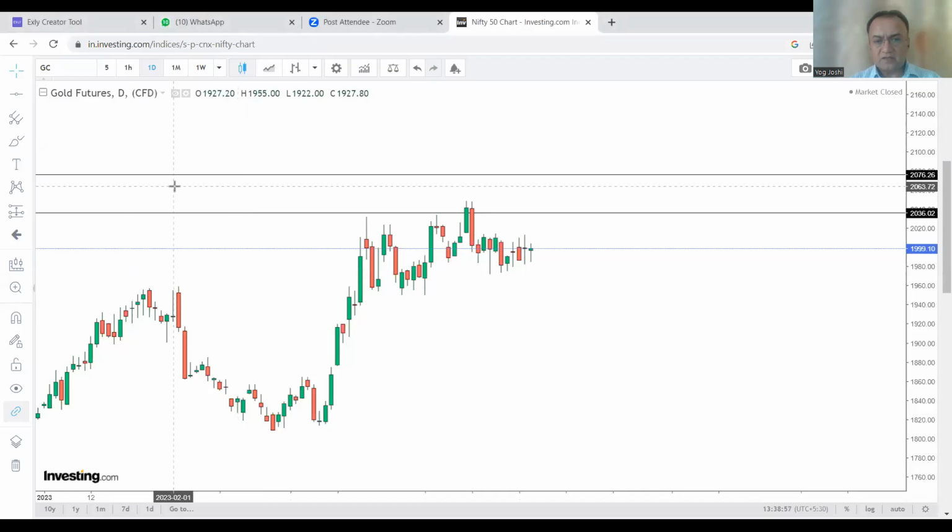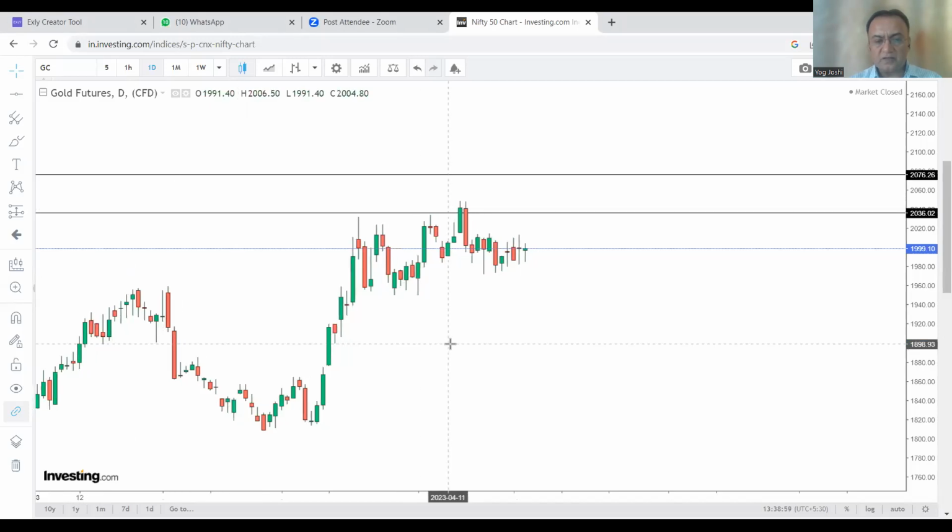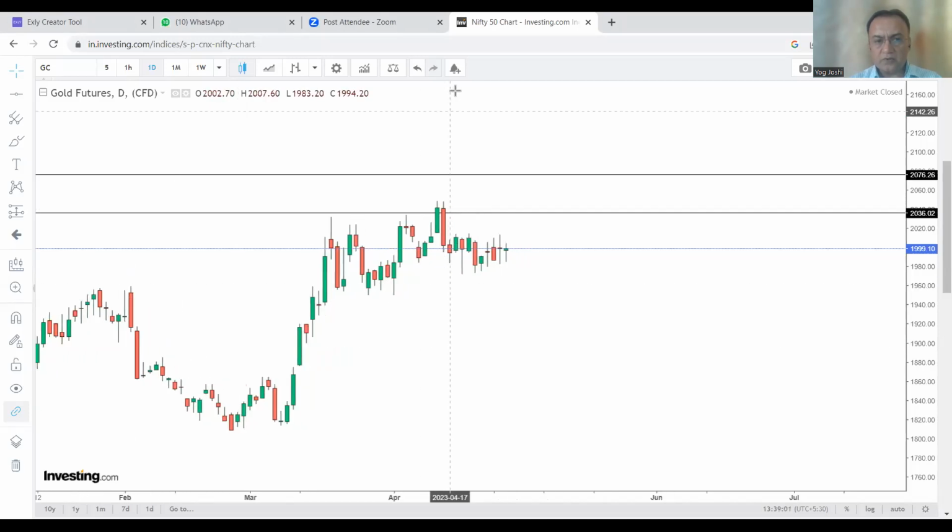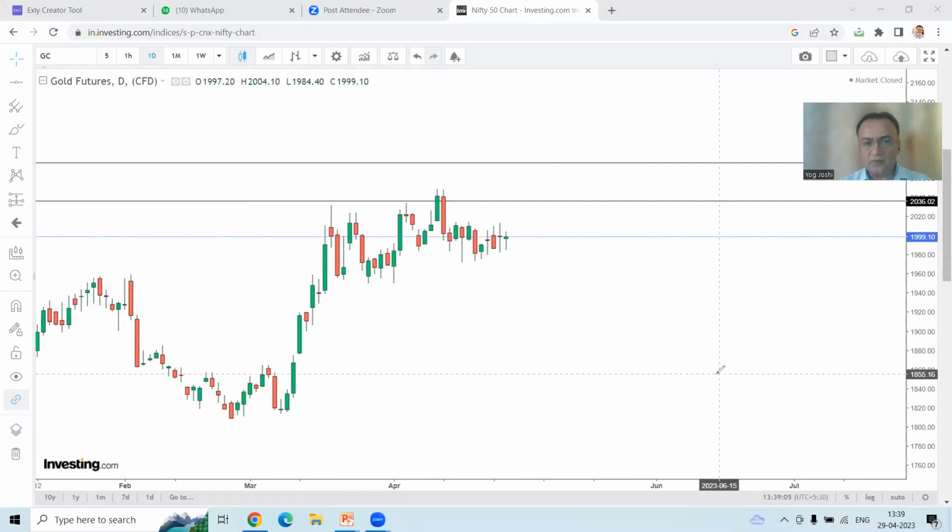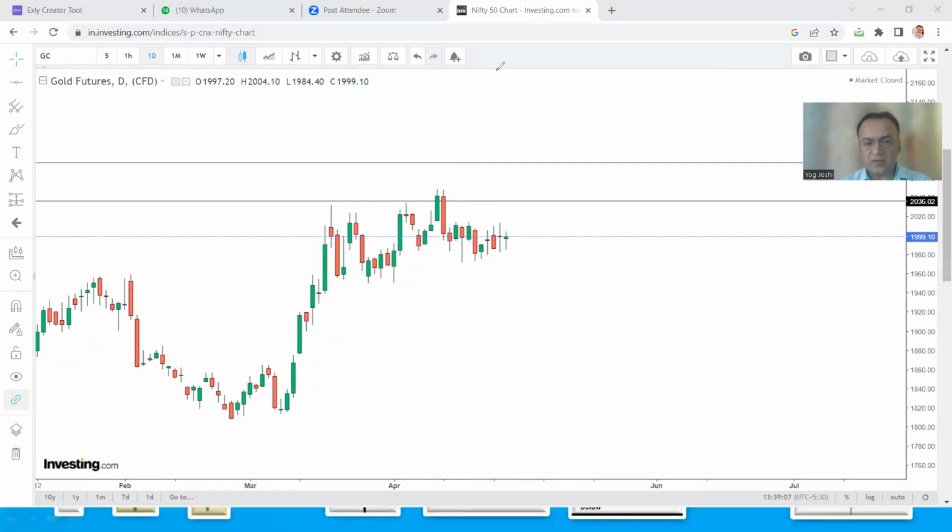Fine. See, this is the clear cut gold future. Are you able to see the screen? This is the gold chart. Can't see trend. Okay. Bank Nifty. Yes, sir. Okay. Mr. Arthur, definitely don't worry. We will see how to identify the trend.